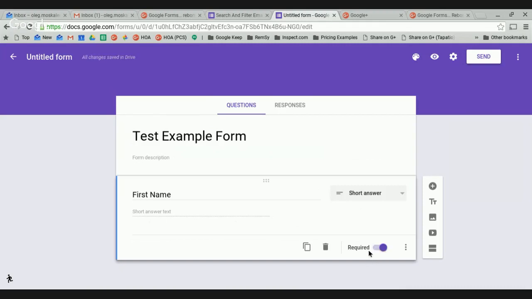And then when people enter the information, they have to specify something in here. If you don't care if they enter information or not, you can make it optional by simply checking it off. Notice that when I click on these things, it's